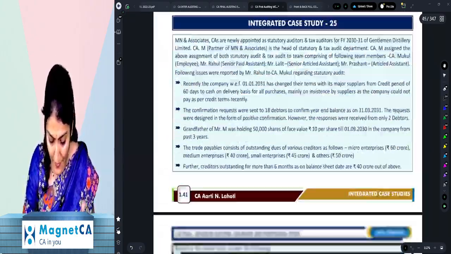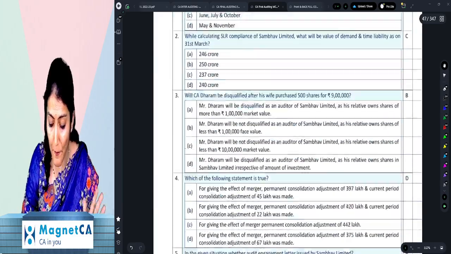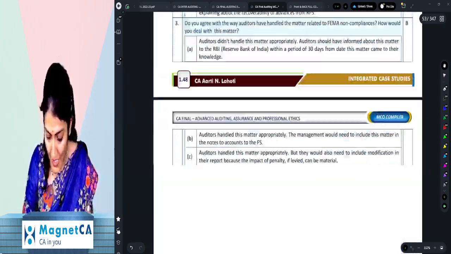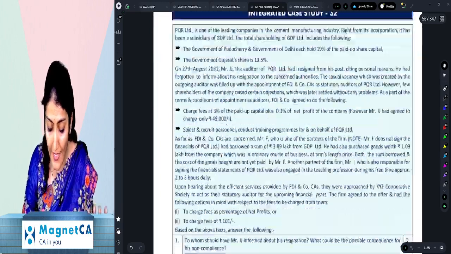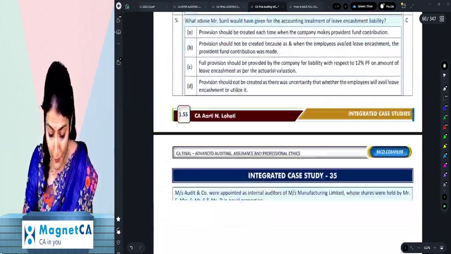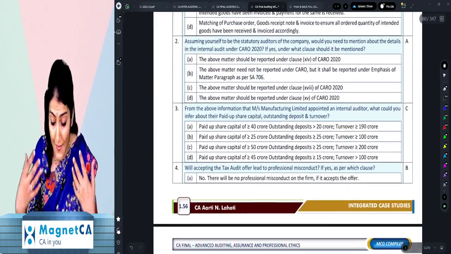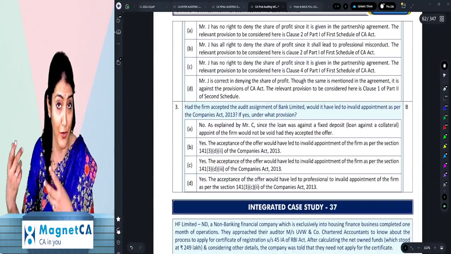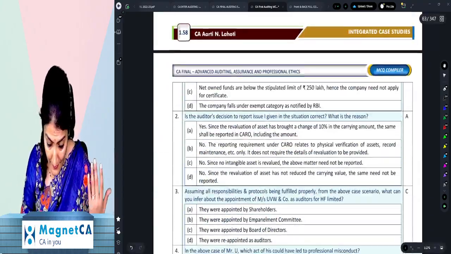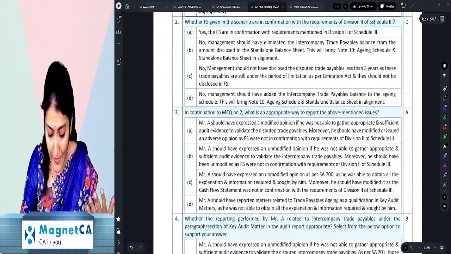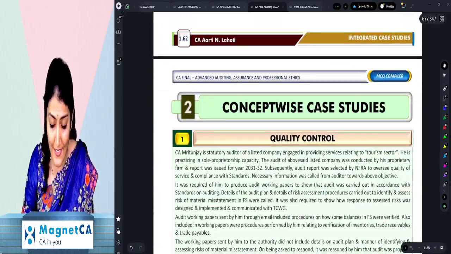So in a very plain, simple format, the entire content has been given for chapter number 1, which is all your integrated case studies. Earlier, integrated case studies were towards the end of the book. I said no. As and when students start studying from this book, I want them to do 1 or 2 or 3, depending upon the time you have left before your exams approach. Accordingly, you can decide how to approach these integrated case studies.